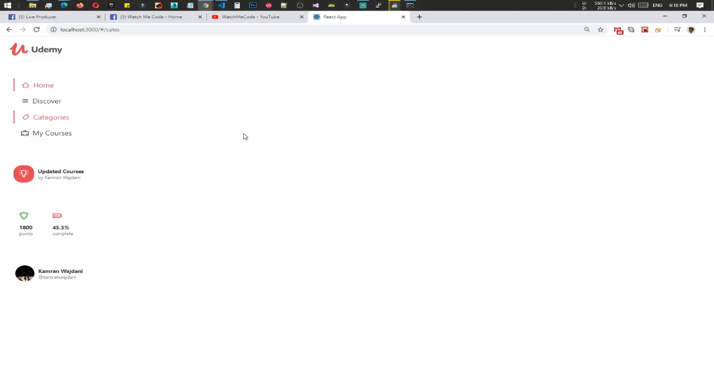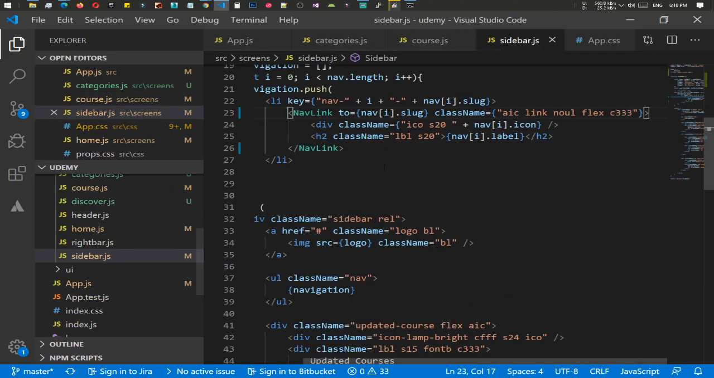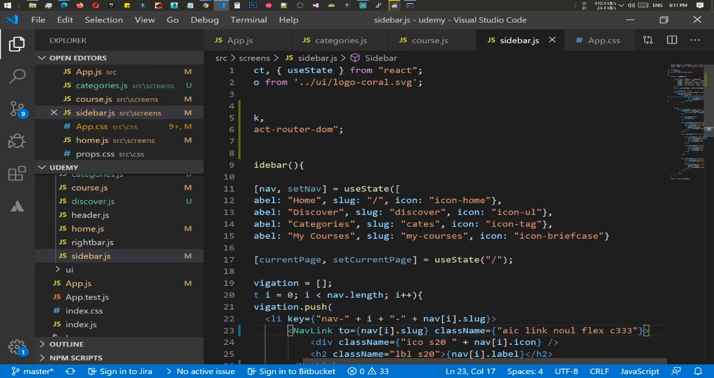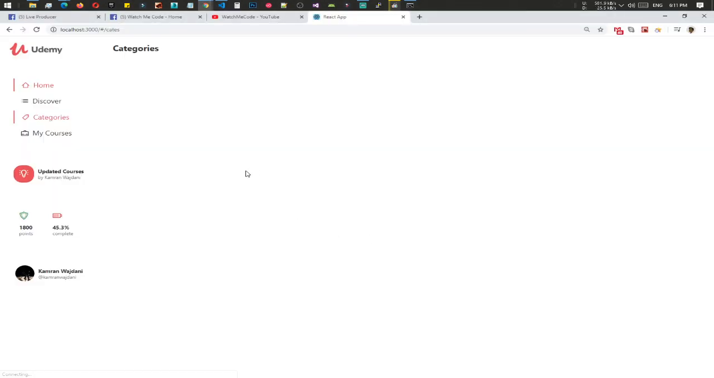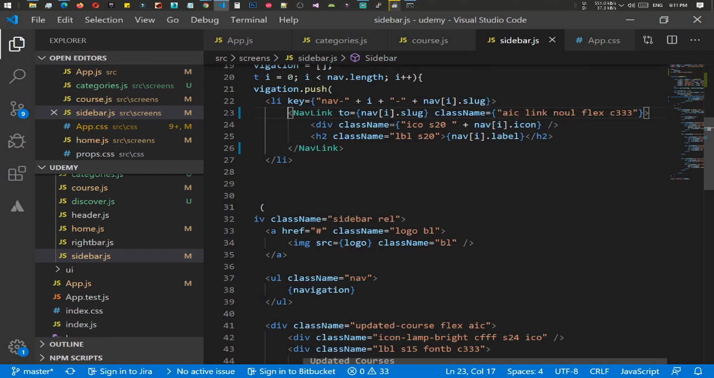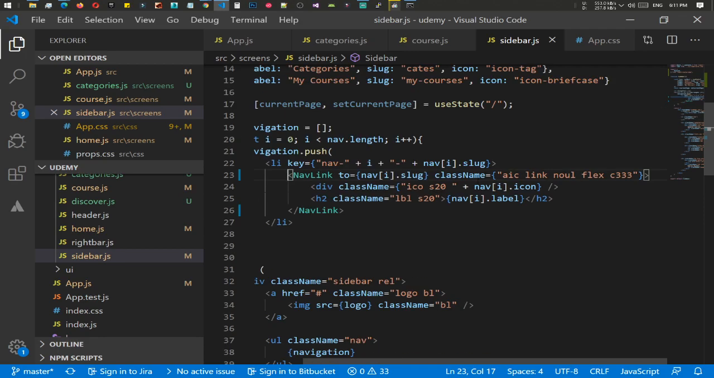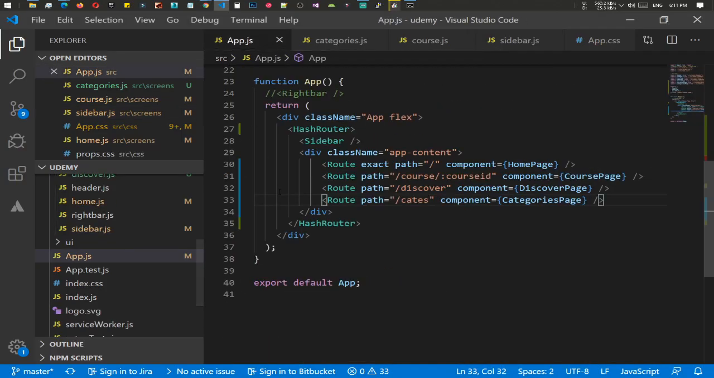Now if I just inside the course, sidebar, we have cats instead of categories, so let's add cats. Let's save it, and here we are. If we can reload, and I guess there is something. If we can go to class name, I see app, and I'm using the exact, of course, so